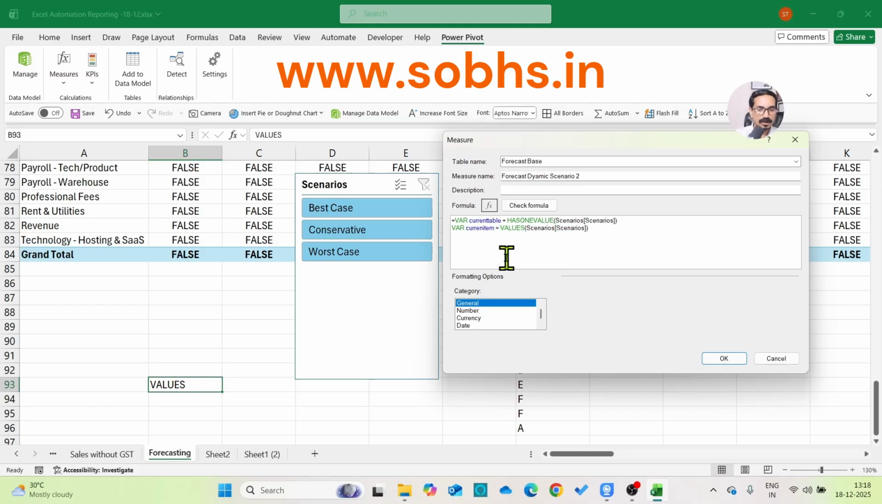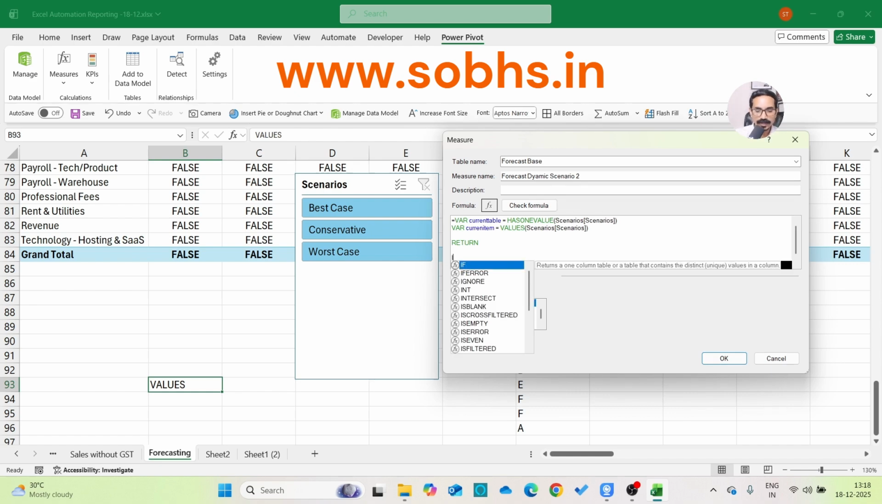Now I will ask for an output. So whenever you are using variable, you should by default use the return command. Right? So return. Now I will tell DAX what it is that I want in return. Okay, I have told DAX, store these two items. Now give me my calculations. So what is my calculation? So I say that if